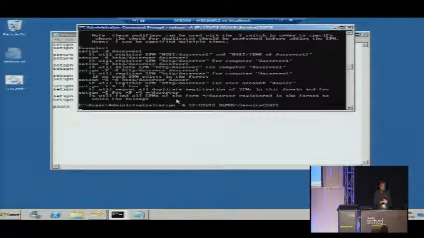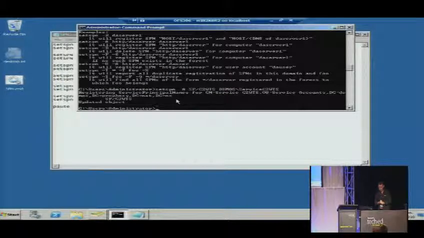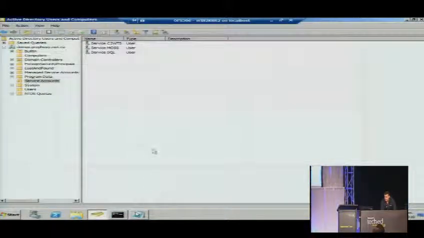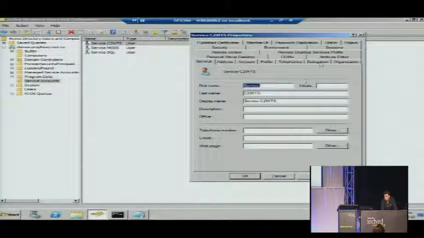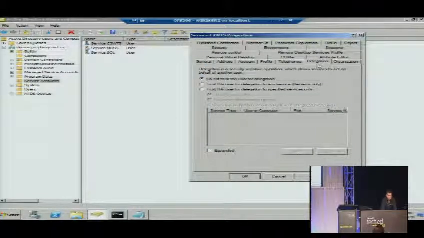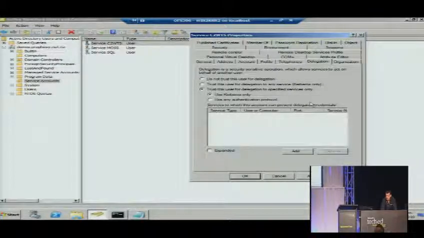Be very careful though what that dummy SPN is that you set up, because we don't want duplicates. Because if we get duplicates, nothing will work. Okay, it's been updated. Now if we go and have a look at that service account, we have a delegation tab. What we have to do now is allow this delegation to be to specified services only. And because we're using claims to Windows Token Service, it has to be for any authentication protocol, okay? Not just standard